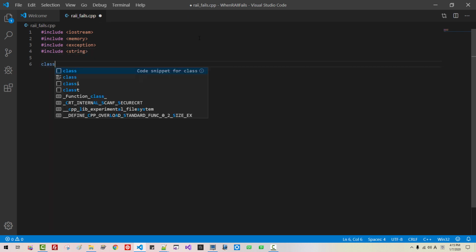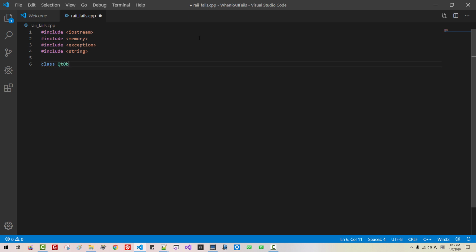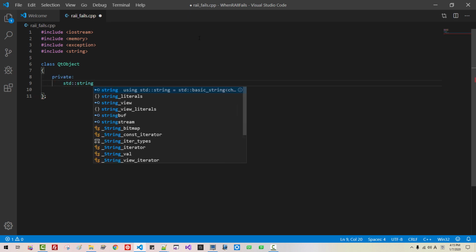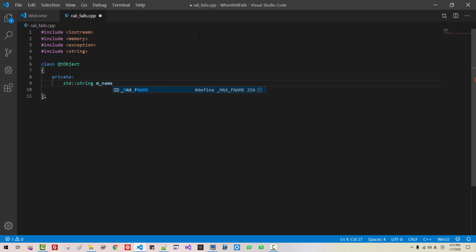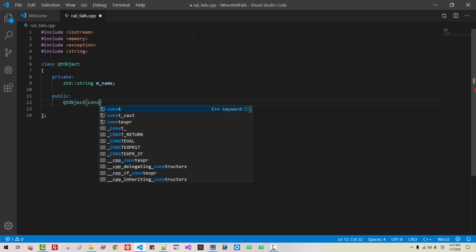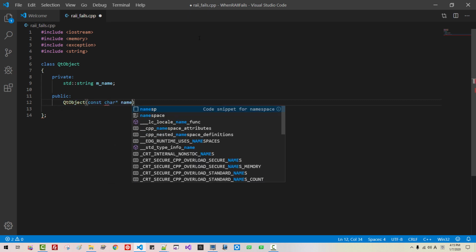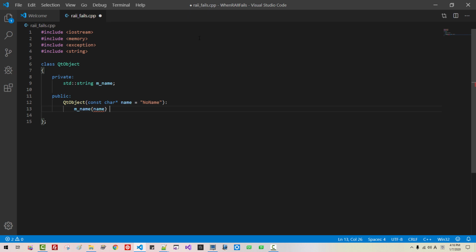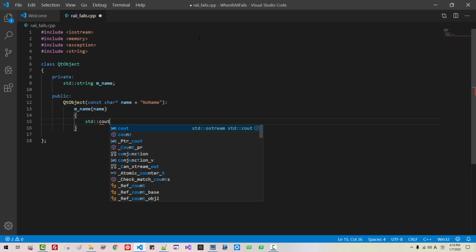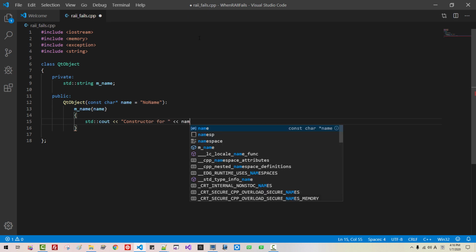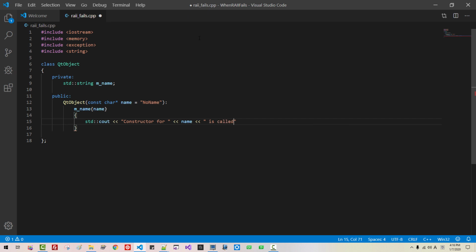We create a class called QtObject. Private: std::string m_name. Public: QtObject(const char* name = "no name") : m_name(name) { std::cout << "constructor for " << m_name << " is called" << std::endl; }